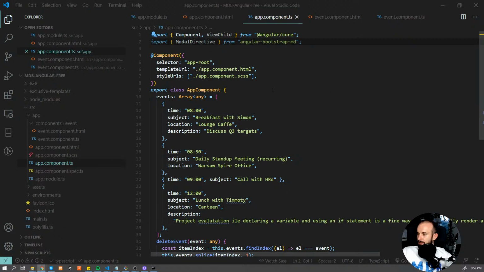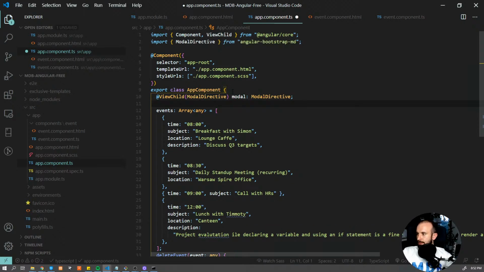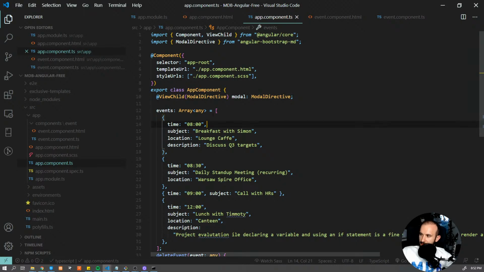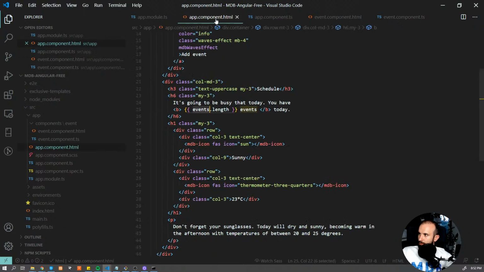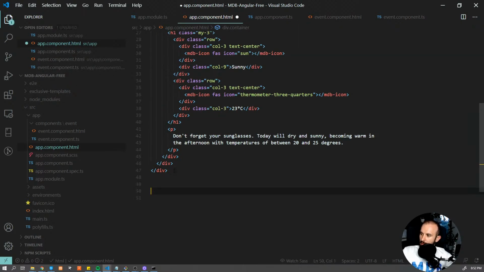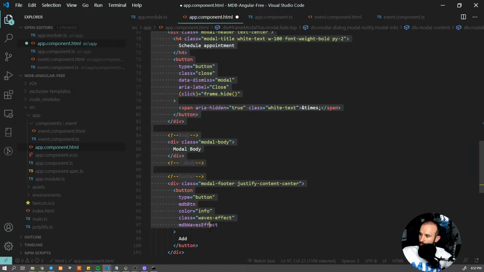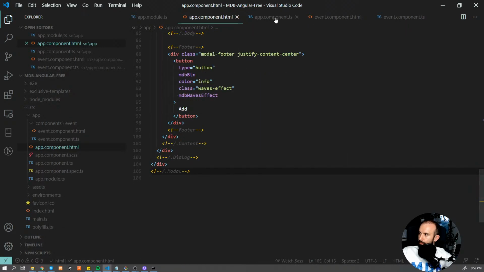And I'm gonna define this ViewChild for a modal directive. This is something which we need to pass data between the modal and app, but we're gonna get back to this soon. I'm gonna add modal body, so this is the body of our modal here,